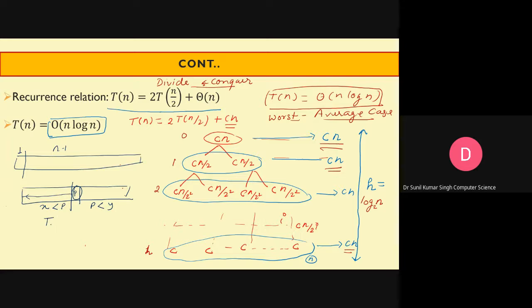So if we are going to interpret the dividing cost and combining cost of this algorithm, the dividing cost will be order of n, and the combining cost will be something constant or maybe nil, because there is no combining cost. So we can write it like, if it is being divided into equal halves, then T(n) equals 2T(n/2) plus order of n.